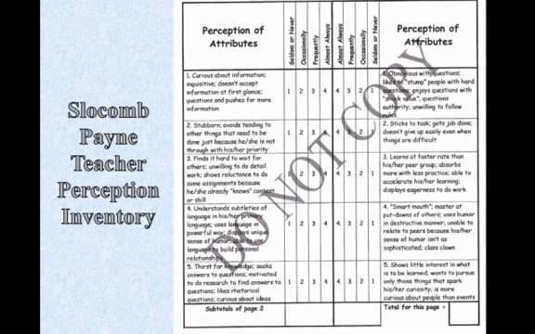This inventory is much more comprehensive than the CCISD inventory. And if you look at the scale, it's really cool. I like the way it's set up because it almost seems like the two sides are opposite, and yet both sides are gifted characteristics. So we're going to look at some of them.